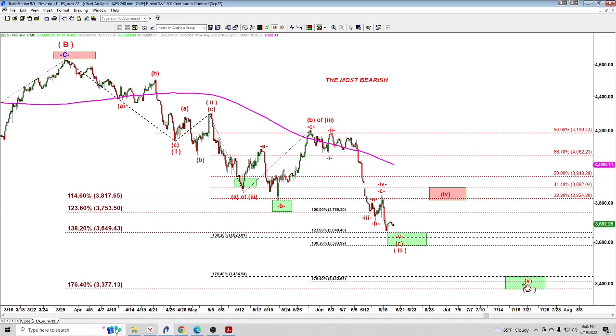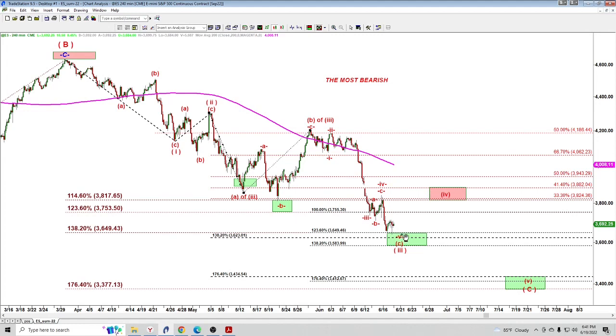And what's important about that structure is that if it's the real story that's going on here, we should measure subwave A of 3, we add extensions, and we got 123.6, 138.2. This is exactly where ES bottomed last week. Another way of nailing the bottom of wave 3, we measure wave 1, we project it from the top of wave 2, we get 138.2. 138.2 is 3620. This is where, in theory, we could see ES dropping over that long weekend, or maybe on